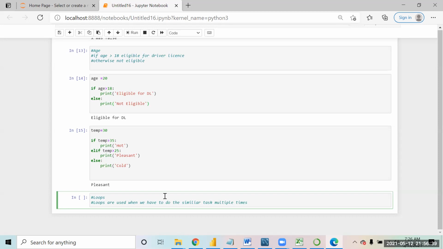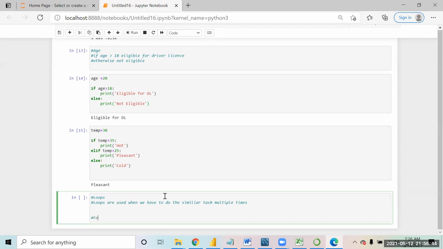Now, when it comes to loops, the first loop that we are going to talk about is the for loop. A for loop acts like an iterator.